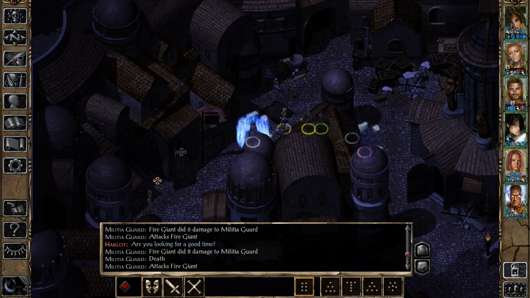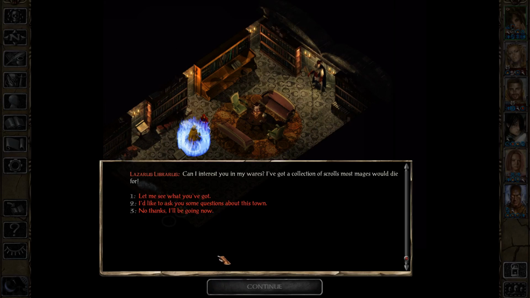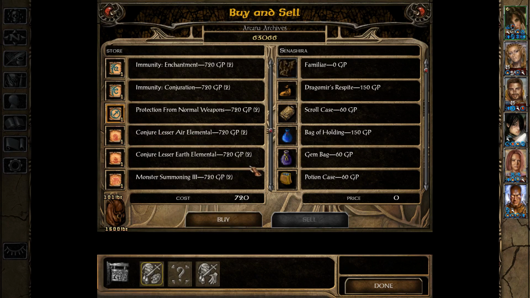But anyway, believe it or not, there are still 2 spells that I somehow failed to properly scribe on our mages. This protection from normal weapons is just a blank spot in Senashira's spellbook. That's not going to matter. But